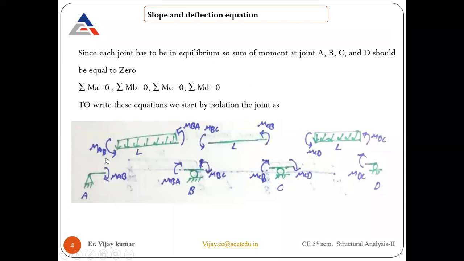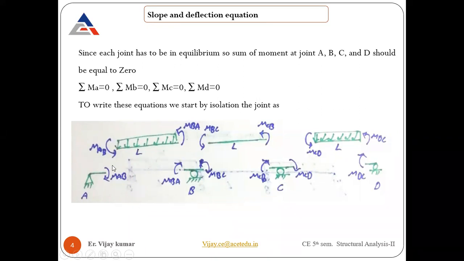After cutting, what you are going to see is this member AB. M stands for moment, from A to B. This is the moment which is going to happen. If you cut a section here, the reverse moment will also be created, meaning from B to A, the moment will be released. Similarly, for this case, MBC and MCB, and similarly for this case, MCD and MDC. These are the member moments which are going to be released when you cut or isolate the joints from the members.